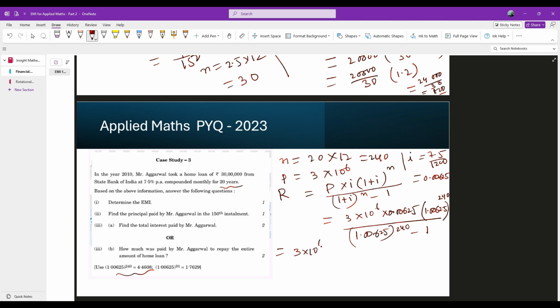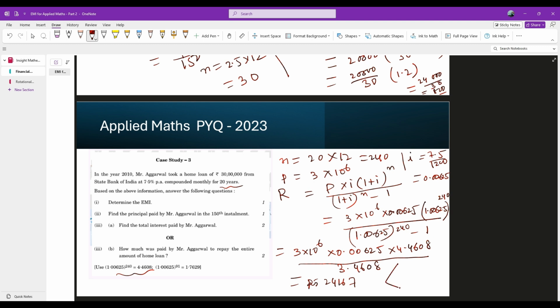So 3 into 10 to the power 6, 0.00625, 4.4608, that divided by 3.4608. Now I take the help of my calculator. Just a minute. Should I use the AI? No, my calculator only. I am doing it first, then I'll ask AI what's the answer. This is becoming rupees